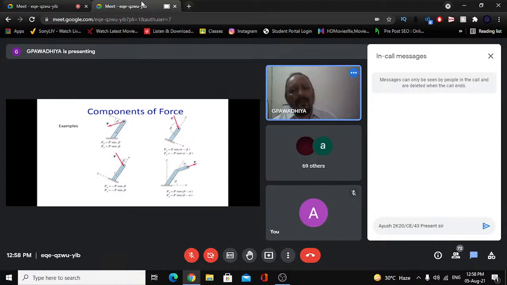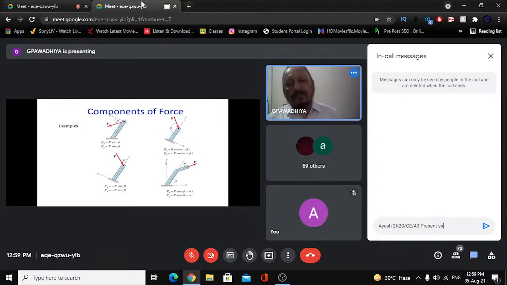Similarly, in this figure, there is a deviation angle of this portion of the bracket with respect to the original portion, some angle alpha. So the net angle to find the components of F along x and y will be beta minus alpha. Then F cos(beta minus alpha) along Fx and F sin(beta minus alpha) along Fy. This kind of exercise you need to attempt from many problems using the book by Hibbeler or